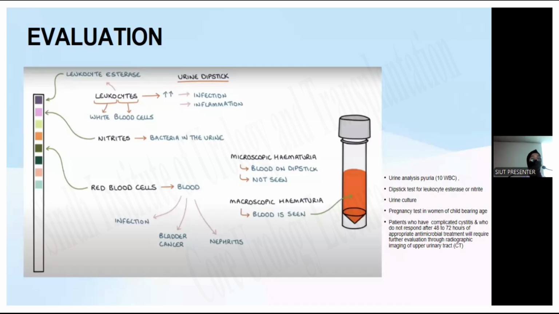It can be evaluated on the basis of a urine dipstick test and cultures. On a urine dipstick test, we can see the presence of leukocytes, which are WBCs, which imply the presence of infection or inflammation. We might see nitrites on the urine dipstick. Nitrates are the common non-toxic byproducts in humans, but nitrites are present when bacteria are present. We might also be able to see blood that may be microscopic or macroscopic.